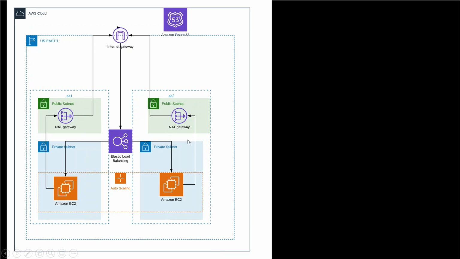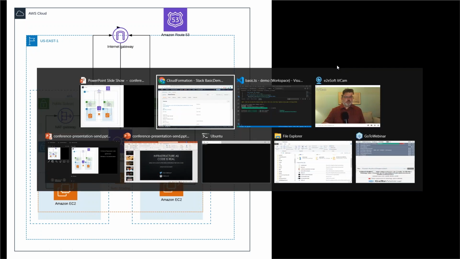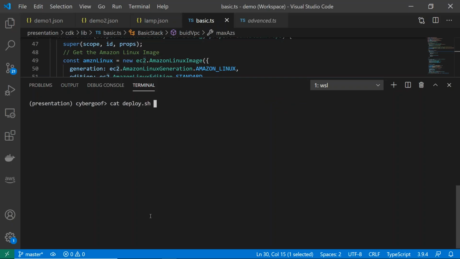I'm going to do this inside a private network. I'm also going to have a public subnet with a NAT gateway installed. I'm going to be connected to the internet, and I'm going to set up a route table in a domain that I own, saying, hey, I've got a new service at demo dot the name of the domain. I'm not going to give it to you. It actually takes a few minutes to deploy all this stuff so that it actually works. But in the demo, it's actually pretty easy. I'm going to run. Oh, let me show you the code.